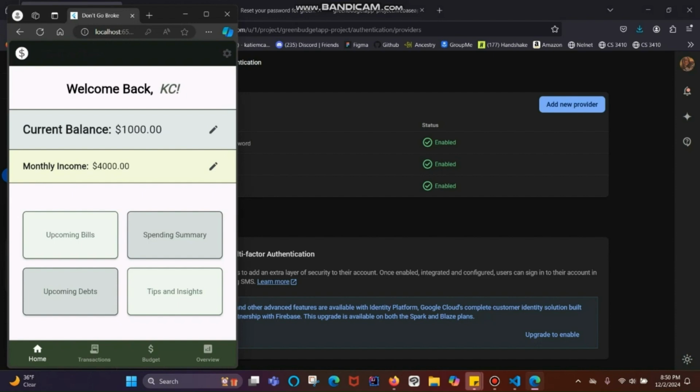Firebase does handle a lot of security themselves, like they encrypt all the data that they store on their end. But I'd probably add some extra encryption on the app's end too, just because this is a financial app we're talking about. Any application that has anything to do with money needs to have security as a top priority for obvious reasons, since financial data is very sensitive. So to finish off,